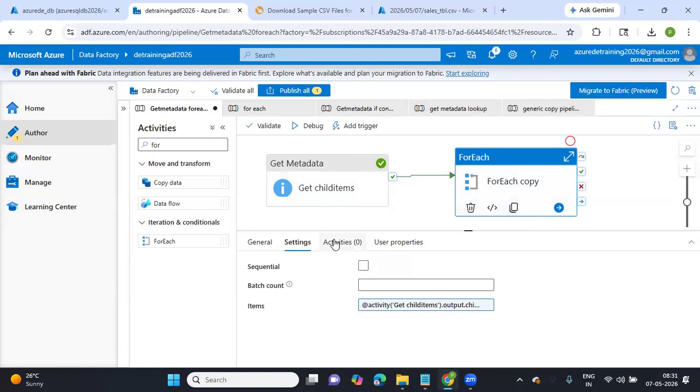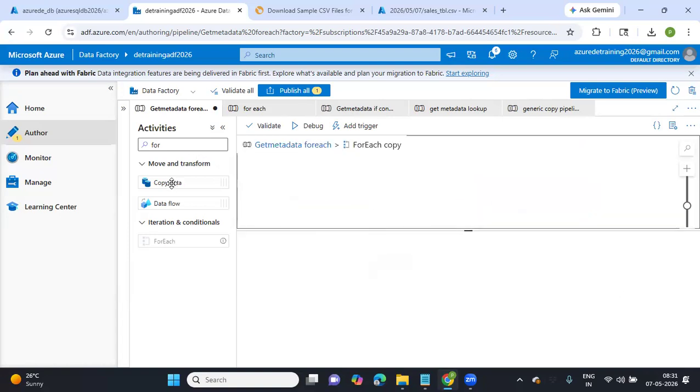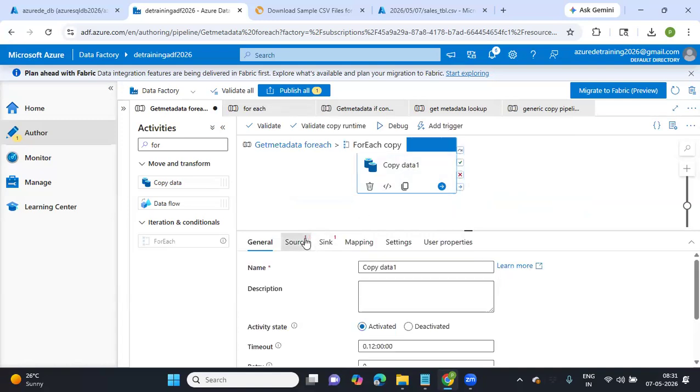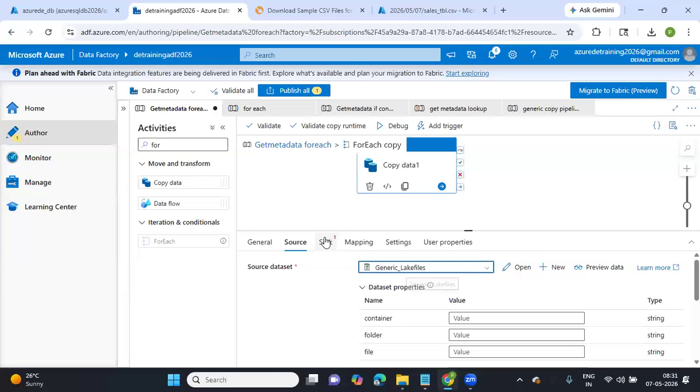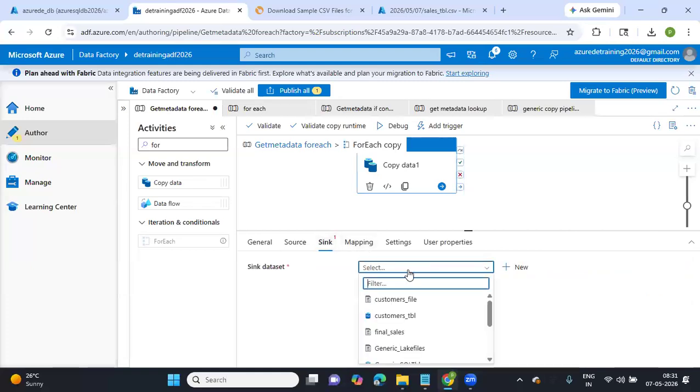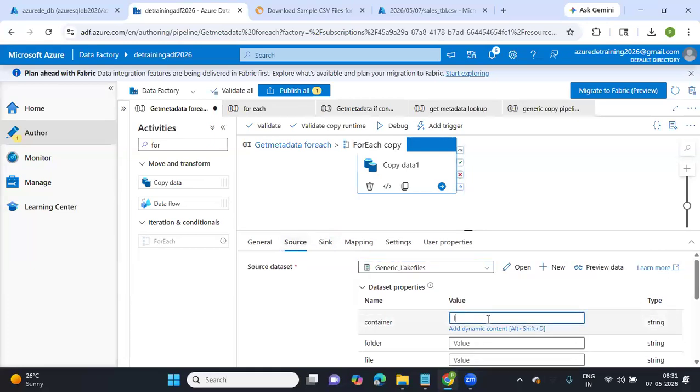Okay, so now go to activities, configure a copy, drag and drop this copy. The source should be files, generic files. The sink should be generic tables. Let's fill these details. Container is landing,